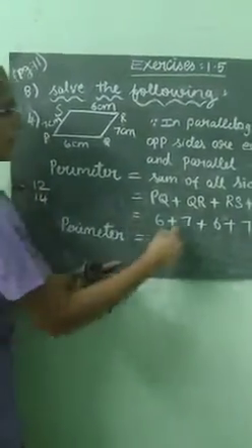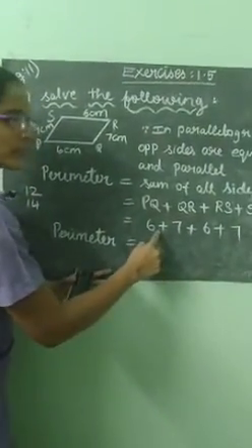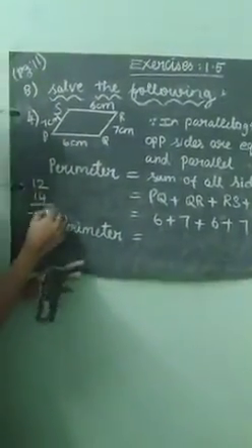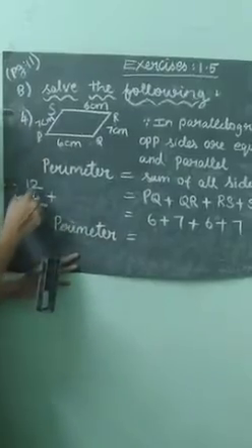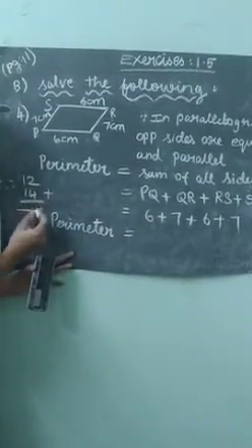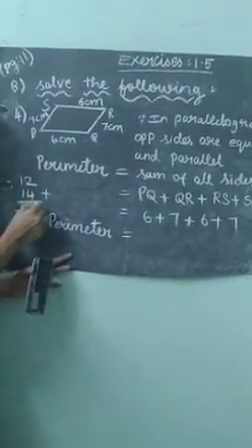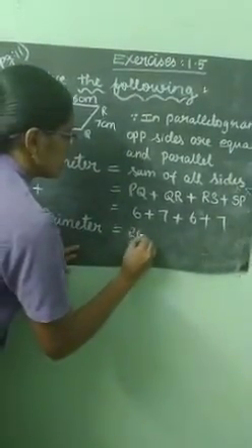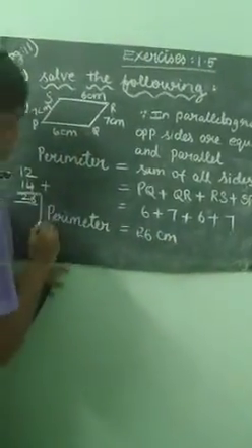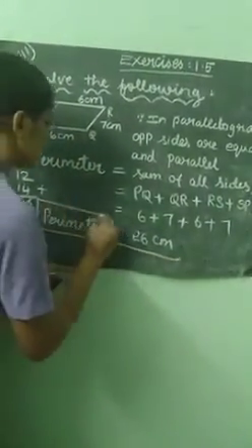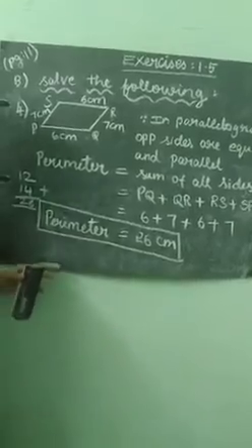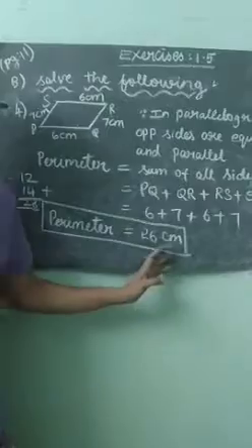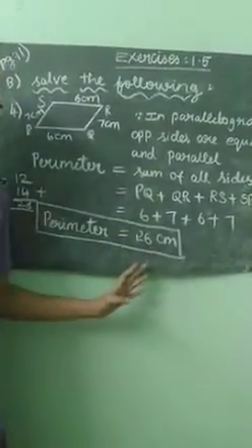14. If you have the same number, first add the same number. This is very easy for you. Okay, 7 plus 7, 14. Then add these 2 numbers. 2 plus 4, what? 6. 1 plus 1, 2. What is the answer? 26. Put the box. Take the scale and pencil. Put the box. Okay? And then same like that, write the final answer: perimeter of the parallelogram is 26 centimeter.